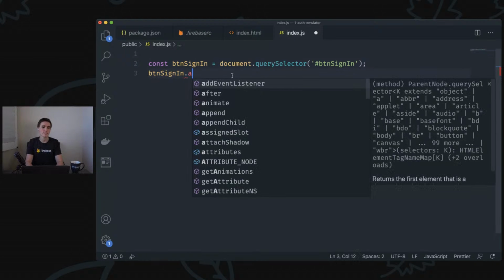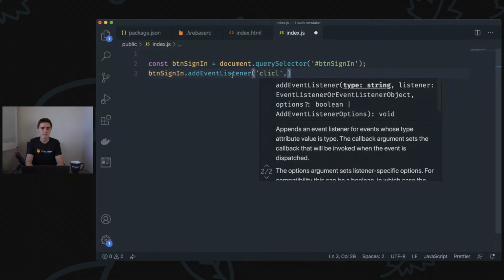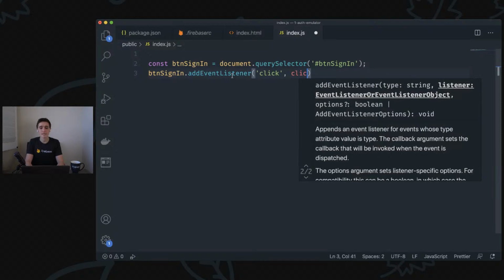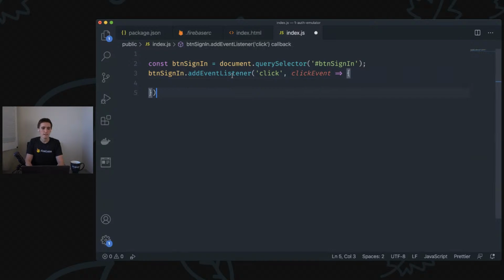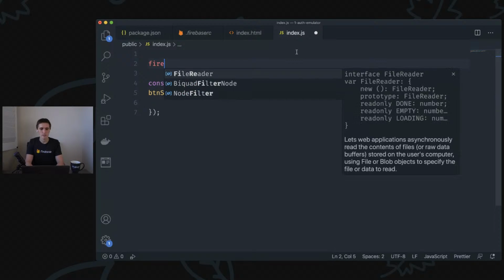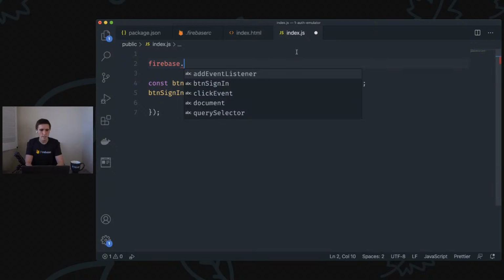All right, so BTN sign in. Let's add an event listener, a click. And let's spell click right, because it won't work if you don't spell it right. And then there is click event. And inside of here, this is where we're going to do some auth things. So what's cool is that if you were using the auth emulator without connecting to it the automagic way, you would say